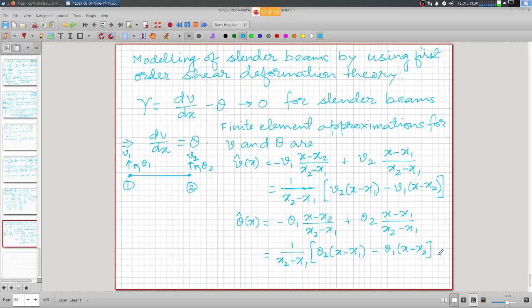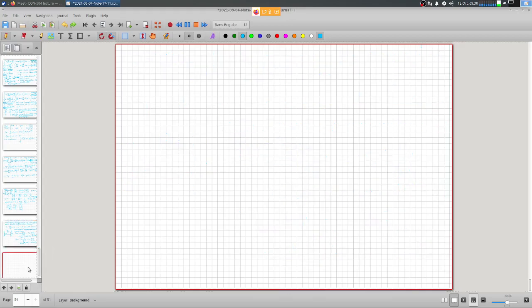Now, that is the finite element model that we have developed, and this is derived from the mathematical form of the weak form of the weighted residual statement. So this is all very rigorous. We are not doing any kind of operation which is not admissible mathematically, right? So whatever we are doing is a very valid operation in the development of approximate solution. So next, what is the vanishing shear deformation condition?